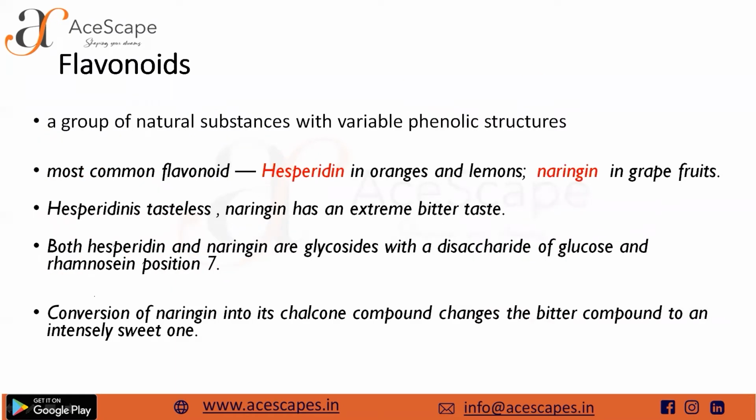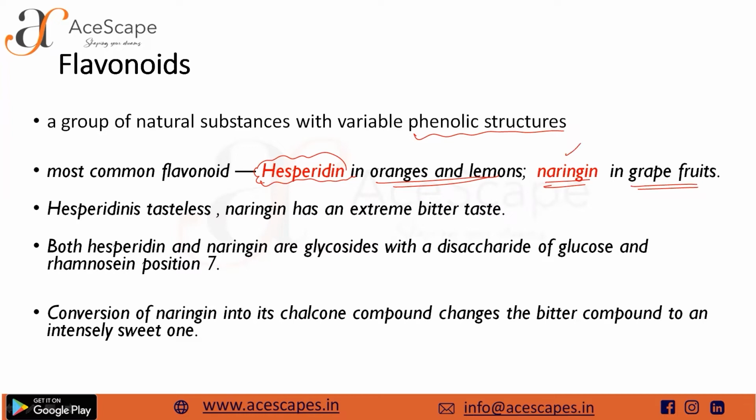Now we'll move on to our next compounds, which are known as flavonoids. You all may know flavonoids. Flavonoids are nothing but phenolic compounds. These are natural substances with variable phenolic structures. In our common fruits like oranges and lemons, these are the pigments which are present. Hesperidin is present in oranges and lemons, and naringin is a compound which is present in grapefruits. These are examples for